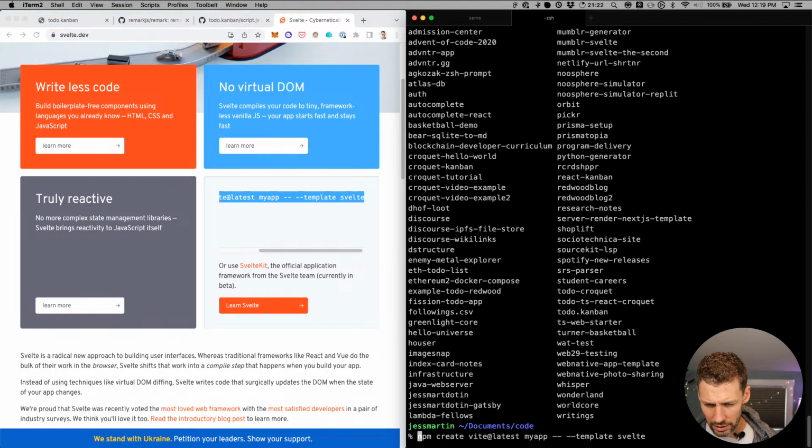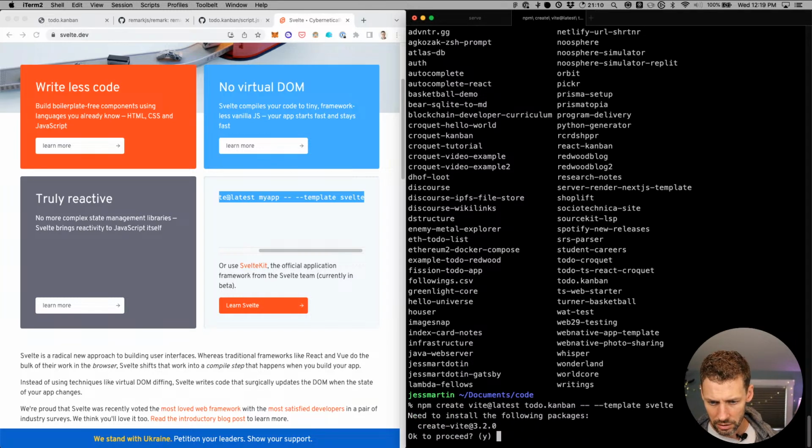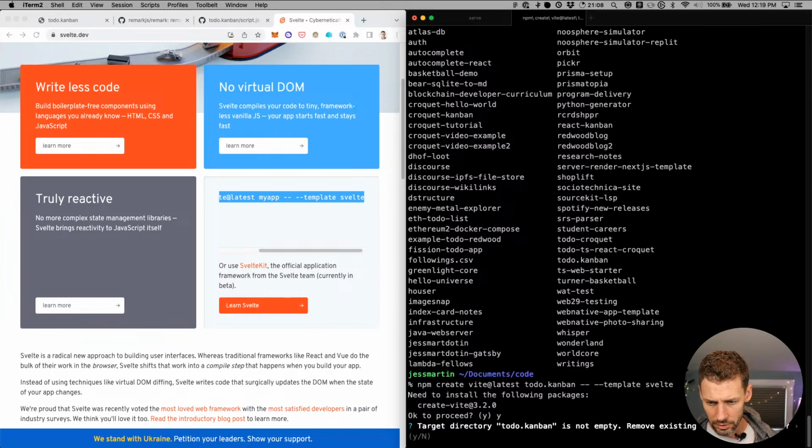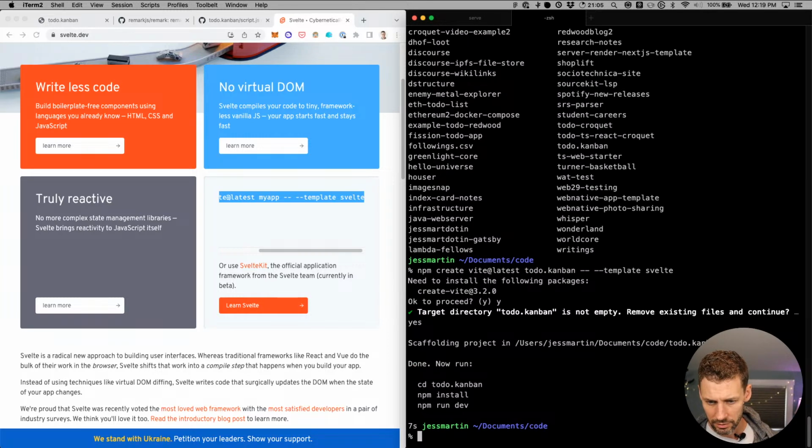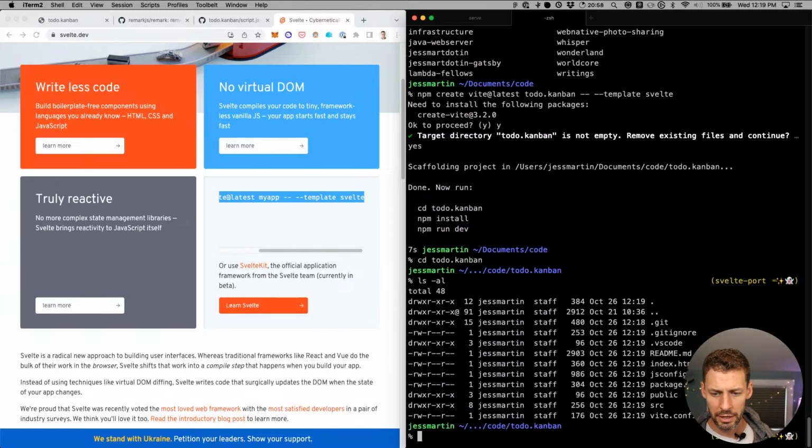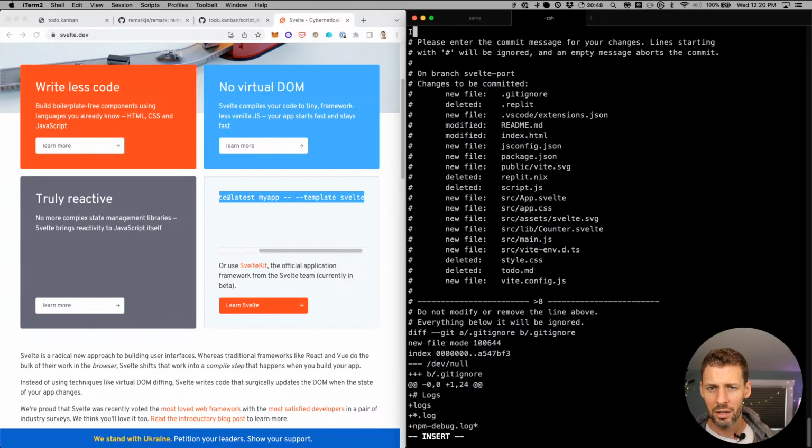I think I can specify here to do .kanban, and it will try to write it to that directory, I think. Yep. Yes. Cool. Okay, great. Already done. Wow, that was fast. To do .kanban, so we'll jump into this directory now and see what's in here. Looks like it did remove the other files, which is fine. Let me go ahead and do a commit right now of initial